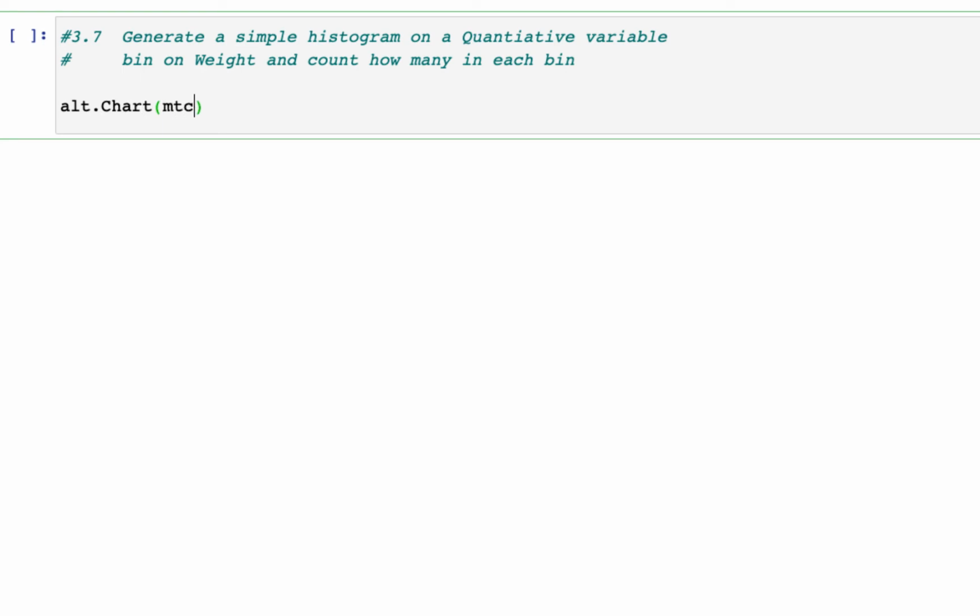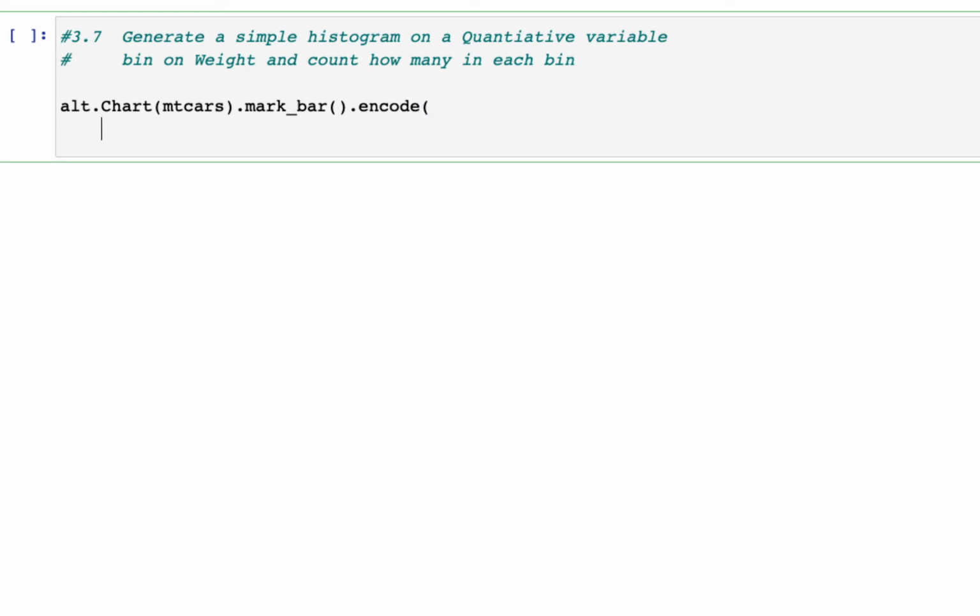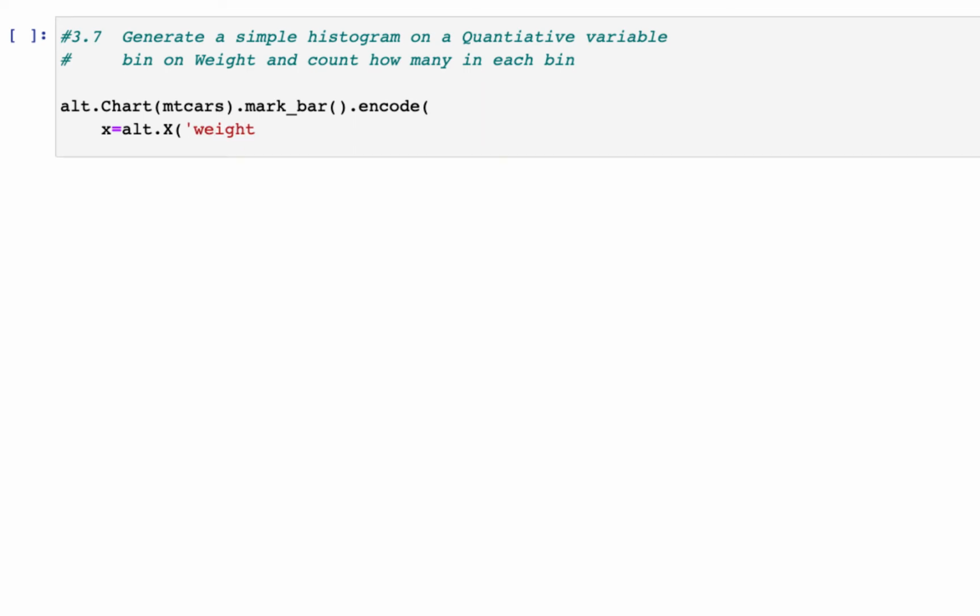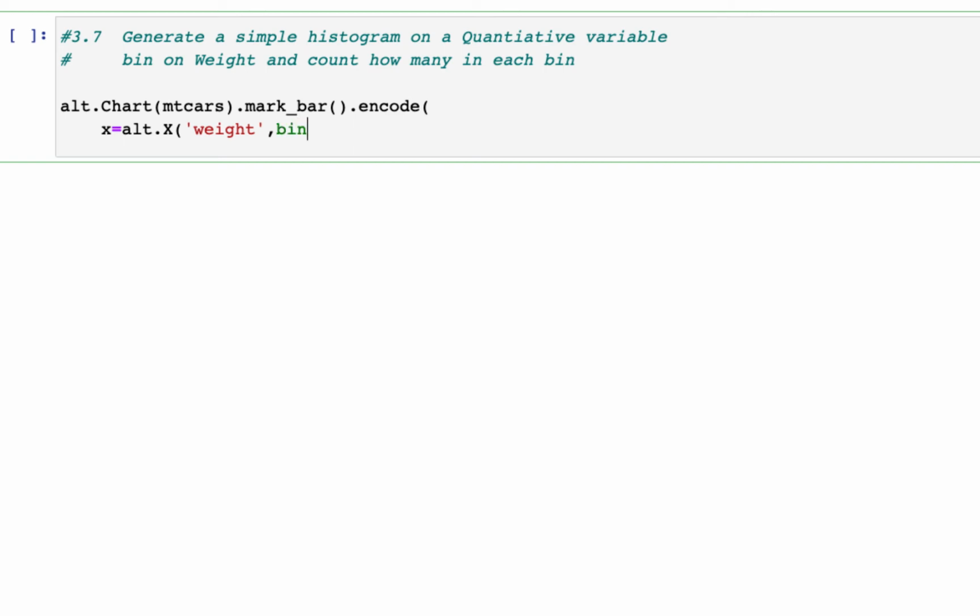Hey Altair, make me a visualization using empty cars. We're going to use a bar chart here, mark bar. We're going to encode. And just as before, instead of transmission, which is what we had before, we're going to do it based on weight. So the x-axis will be encoding weight. And I will go with the default, which is quantitative, so I won't override it,